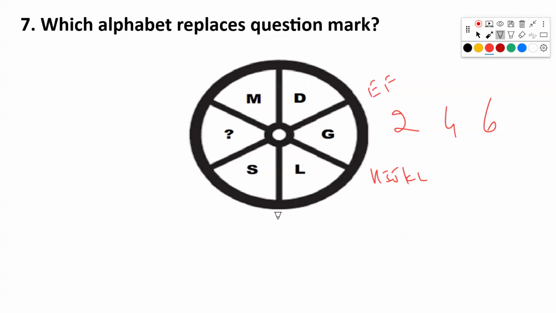G, H, I, J, K, L. M, N, O, P, Q, R. Okay, S is tally. Okay, so now you should have eight. M, N, O, P, Q, R. S is also over. S, T, U, V, W, X, Y, Z. Then you have, okay, so